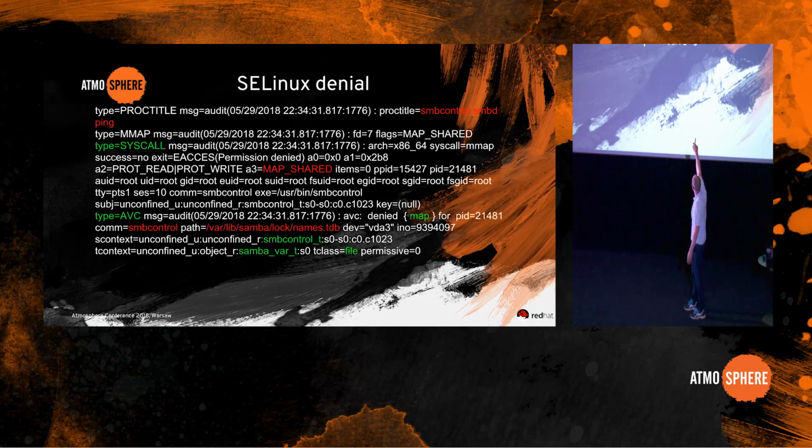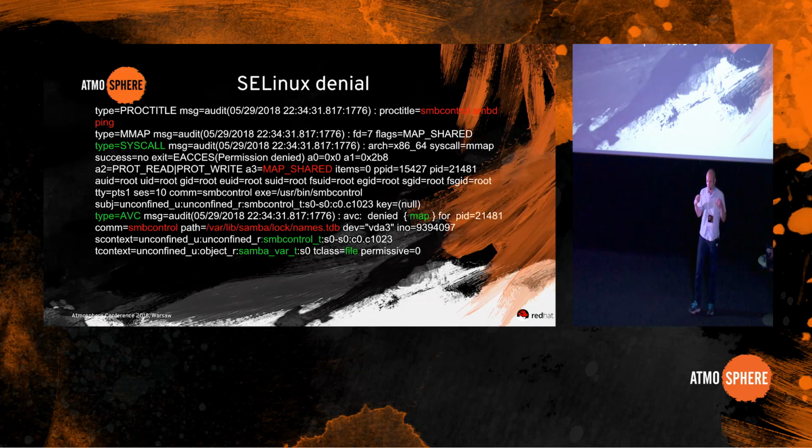And here the red is map, and map is the operation. Basically this is a permission map, and it is related to the mmap operation. So if I read only the green part from the SELINUX denial, it says that a process running as samba_control_t was trying to map a file with label samba_var_t, and it was denied.